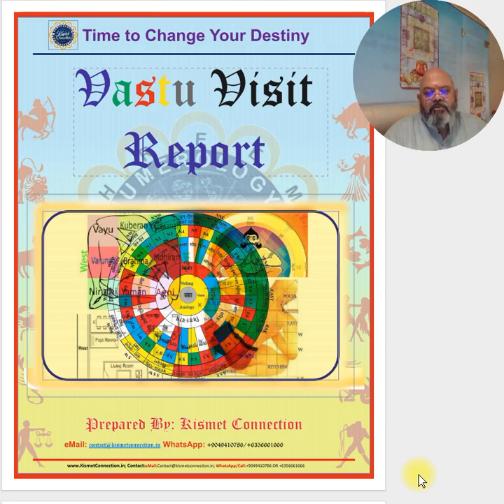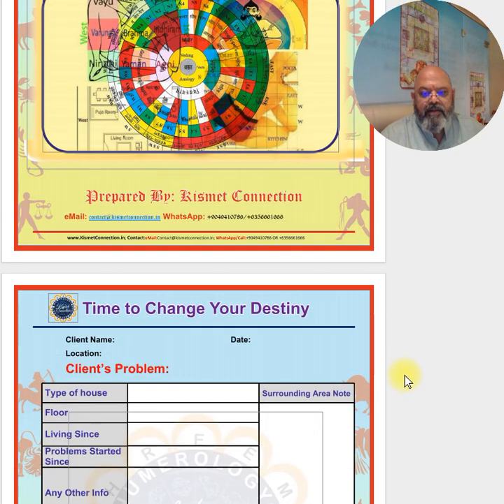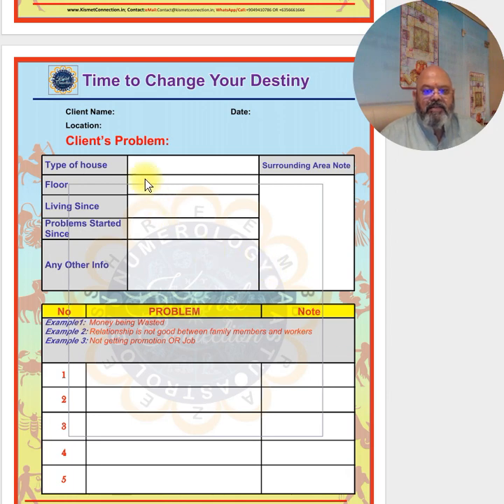I'm a Vastu, Astro Vastu, Numerology, Mobile Numerology, as well as switch words, visiting cards, and logo design consultant. Today, I'm going to talk about the Vastu visit report that I give whenever I visit a client site, offline or online. So here, client's information, the client's problem, type of house, floor, living since, problem started since, other